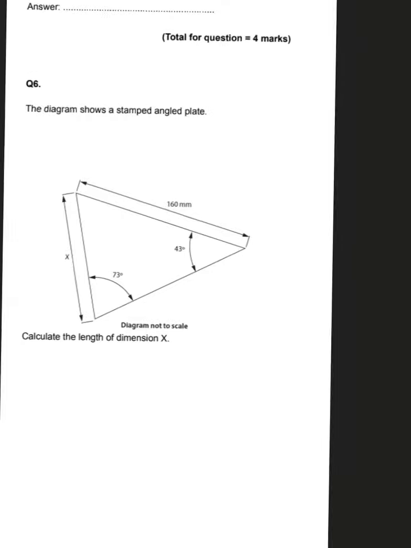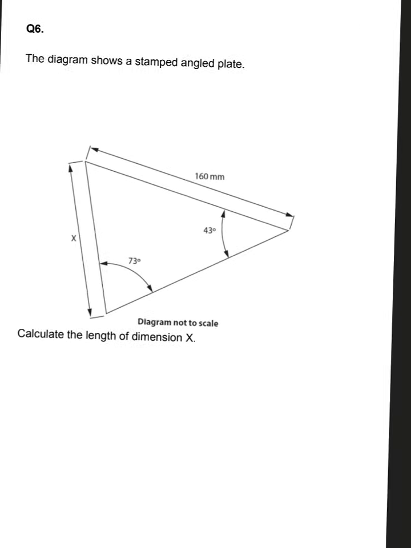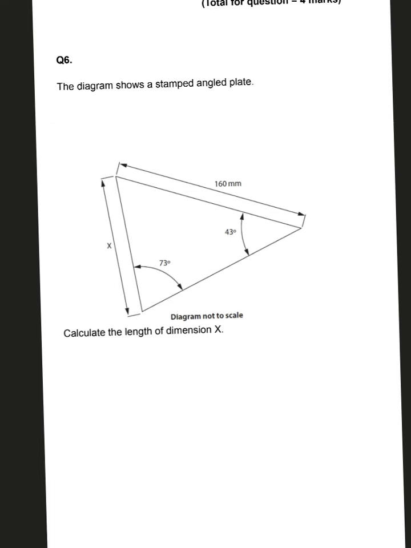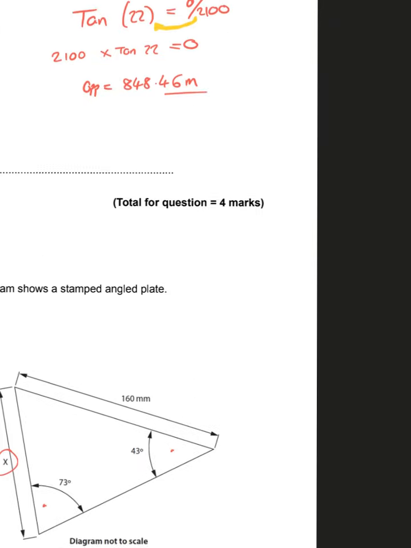Now we're on to question 6. The diagram shows a stamped angle plate. Calculate the length of dimension x. So we're being asked to find this dimension x. I know two angles here. I've got two sides. If you go up and have a look at your rules,